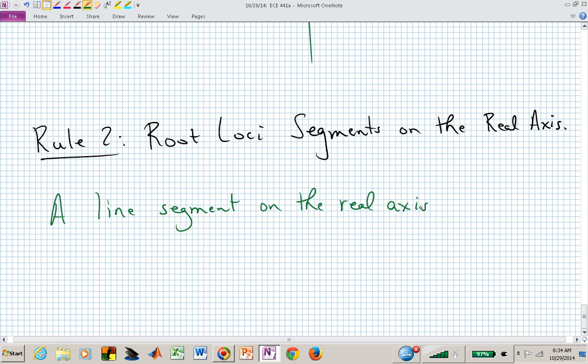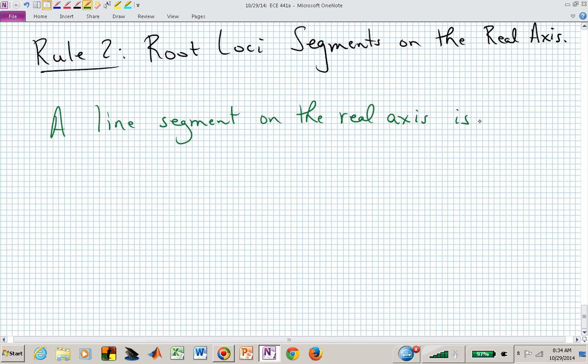And how many did we have for this example? How many line segments? You told me 6, so don't change your answer now. We have 6 line segments that we've now identified. A line segment, one of those 6 pieces, on the real axis is a part of the root locus if and only if